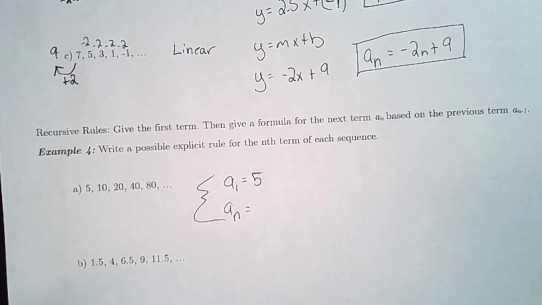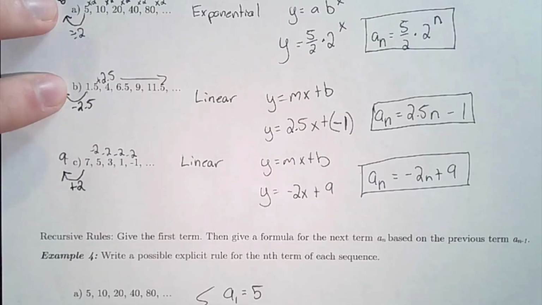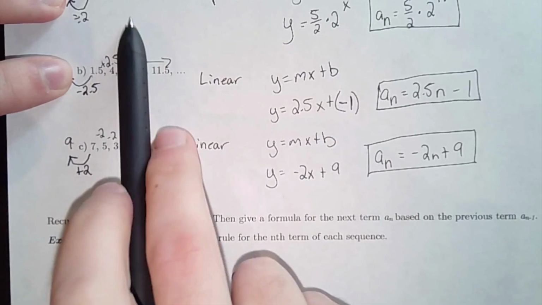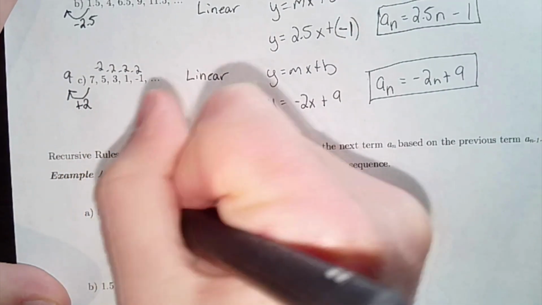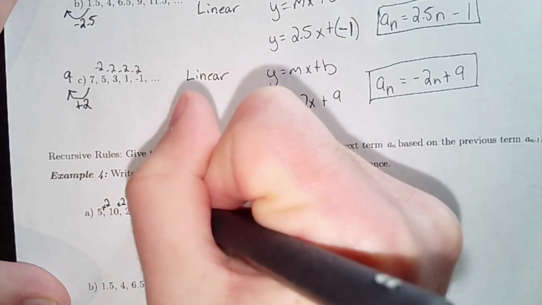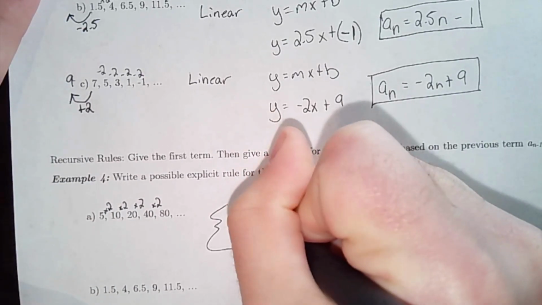Okay, now A sub n can be a little bit tricky. This is where we start to have to write the formula. The question I want you to ask yourself is, what do we do to the first number to get to the second? Well, that's really identifying the pattern. If you look here, A and B are actually the same A and B we used up here. So the pattern is still the same. I'm multiplying by 2. So I'm taking each of my terms and I'm multiplying the previous term by 2 to get to the next. So what that means is I need to take 2 and I need to multiply it